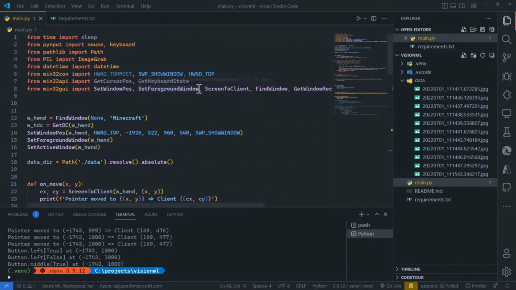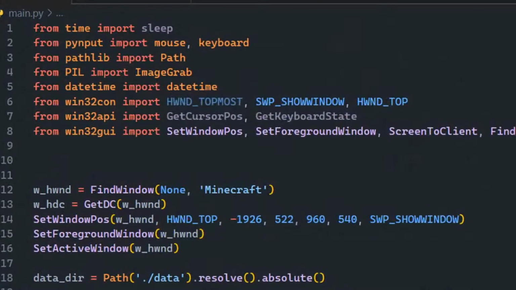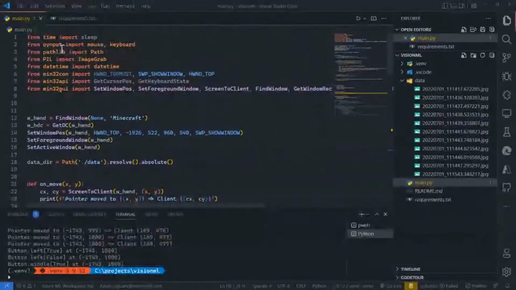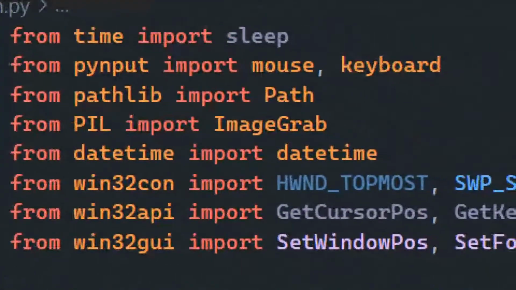So I'm using something called PyInput, and it has this thing called a mouse. So I'm using this thing called PyInput, and it's using the mouse and the keyboard, right? And then from Pillow, I'm using ImageGrab.